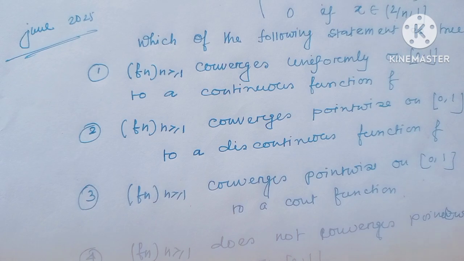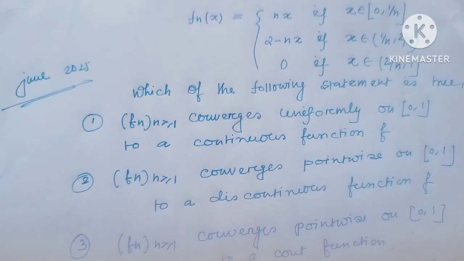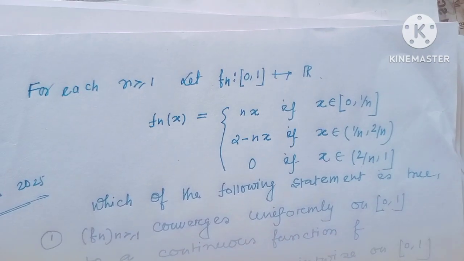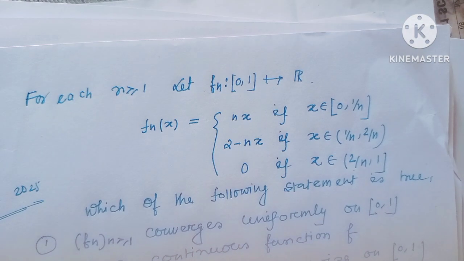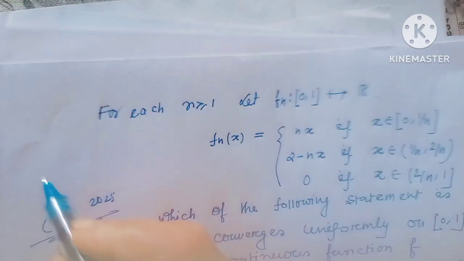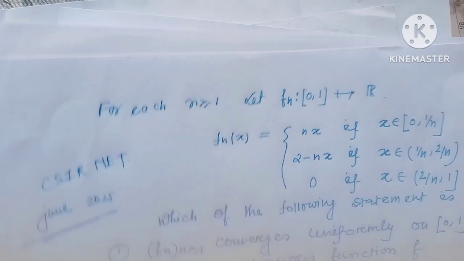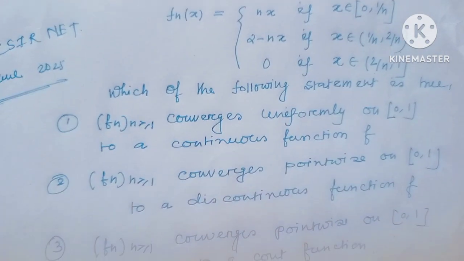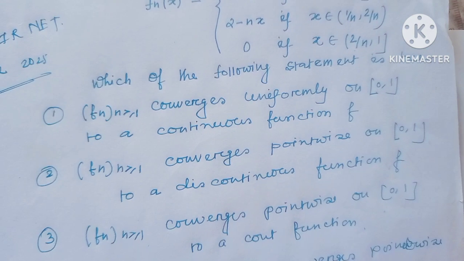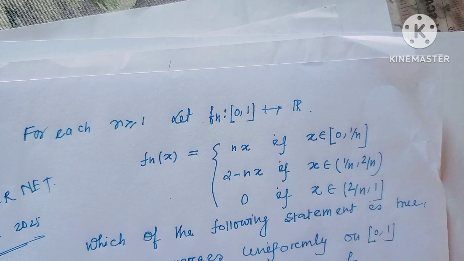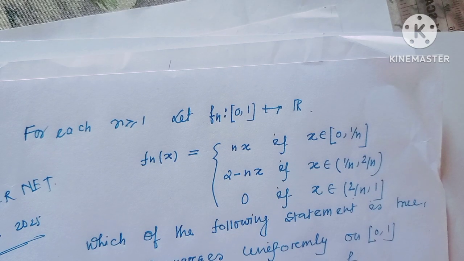Welcome back. Today's goal of this lecture is to see some examples of sequences of functions. The first example came in the CSIR NET June 2025 exam. The question is based on the Archimedean property. The question is, for each n greater than or equal to 1, fn is a sequence of functions from the closed interval 0, 1 to R